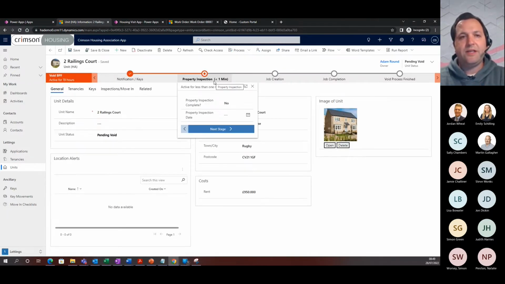So at the point of NTQ, whether that's at the status change of the lettings record, the tenancy record, or once that notice to quit has been approved, then a trigger can happen that actually creates and schedules a property inspection for somebody to go out and visit that property. So this is where I'm going to navigate to one of our areas, which is the housing visit